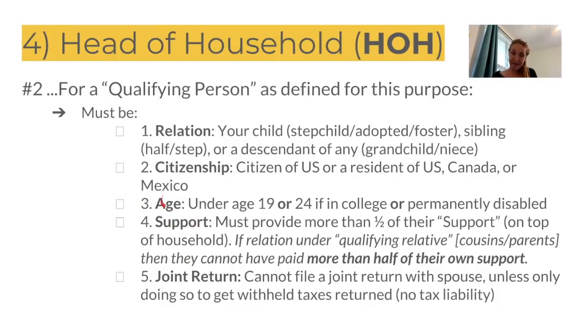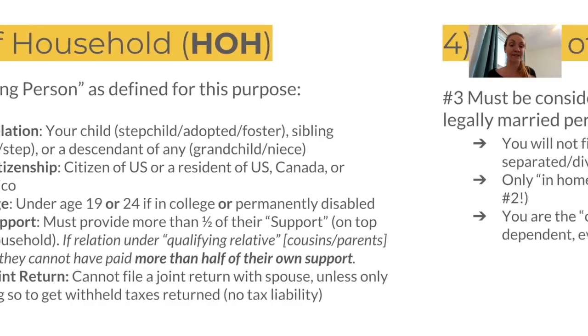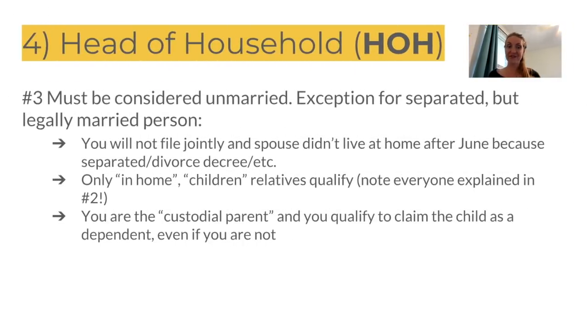The support test. The taxpayer must provide more than half the support of the household for this qualifying person. Now, if the person is a qualifying relative, then they cannot have provided more than half of their own support. Now, a joint return for this qualifying person cannot be filed unless it was only to get withheld taxes back. They had no actual tax liability. Those rules are going to sound familiar when we go over the dependent rules, but they are a bit different